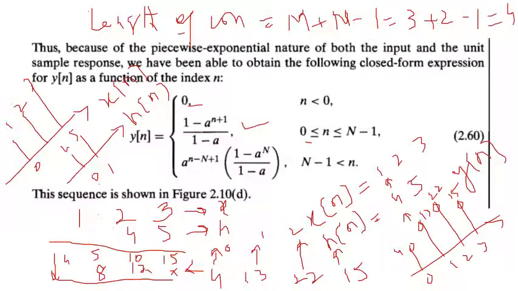So you can see we have 4 samples at the output: 0, 1, 2, 3. And we can also find out the starting point of the convolution. The starting point of the convolution is the minimum of x plus the minimum of h. So the convolution will start from here. The minimum of h is 0 and of x is 0, so the convolution will start from 0 and go towards the maximum of